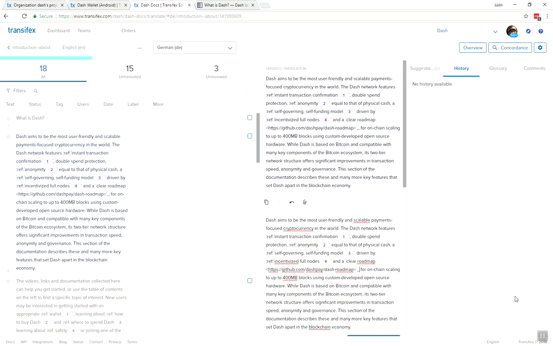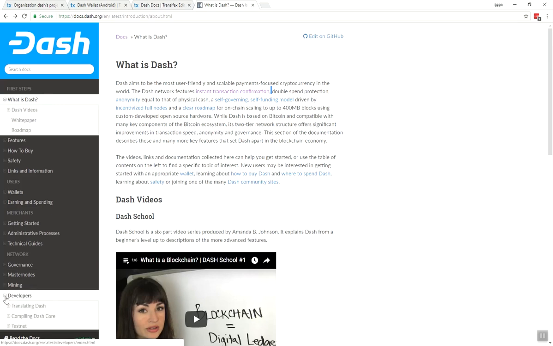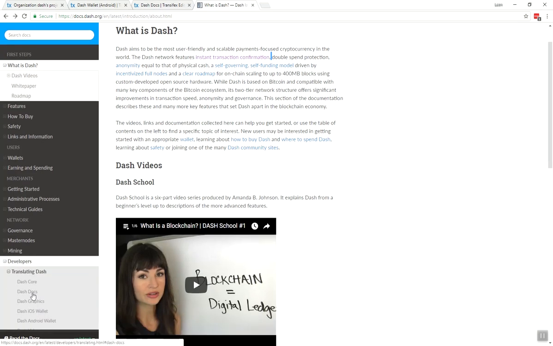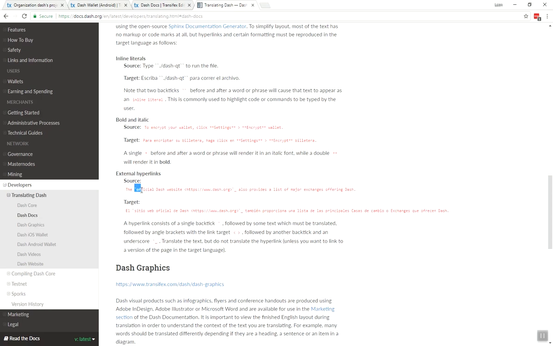If you get stuck on this, again, contact me. There is plenty of documentation out there for how to read this language. This is a language called reStructuredText. And also I've put a reference here in the developers section, translating Dash docs. And if you look there, you can see that I've written out exactly how it needs to be translated. So here, for example, with the stars to indicate bold or external hyperlinks, backtick, words, space, pointy brackets, link, backtick, underscore. This is just the syntax of the language that lets us make all of this fully automated when we